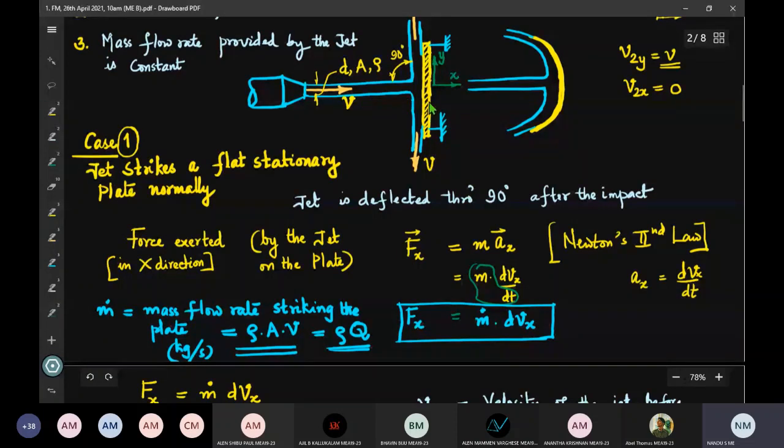Force is exerted. How is the force exerted? That can be answered from Newton's second law, by the momentum principle. This is what I said. The underlying law, the force exertion and the consequent power generation, is explained by Newton's second law. As applicable to this fluid jet striking the plate, how do we apply that? That is the rate of change of momentum undergone by the fluid jet. The rate of change of momentum undergone by the jet is proportional to the force exerted.